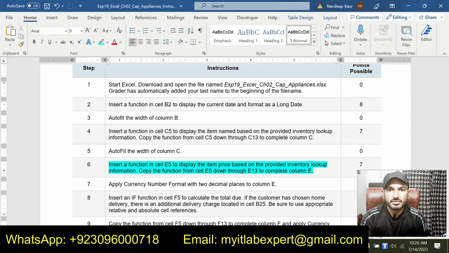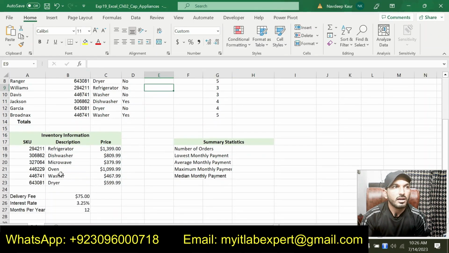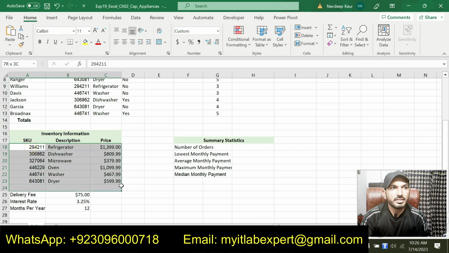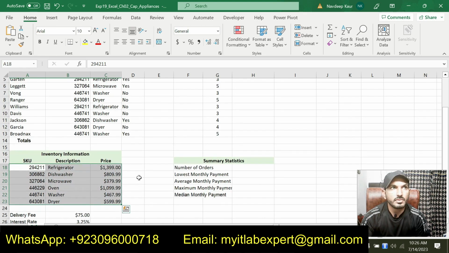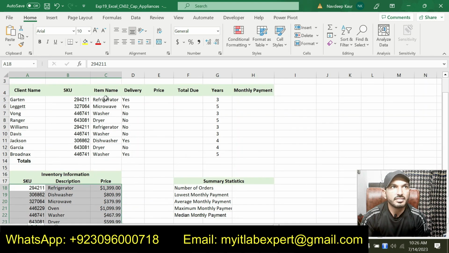And you can see that our table array is given here, this one, and now just like this one, we are supposed to show the item price.